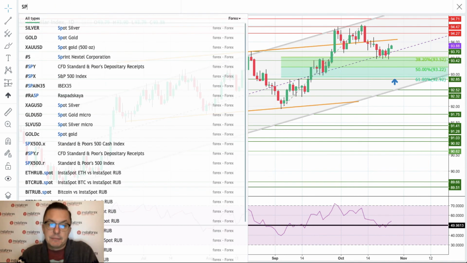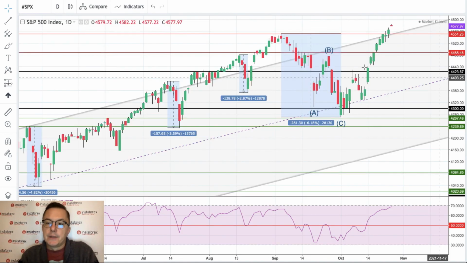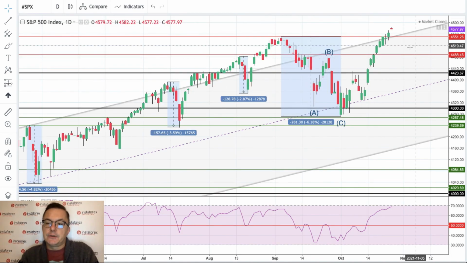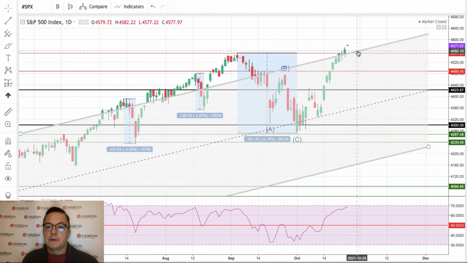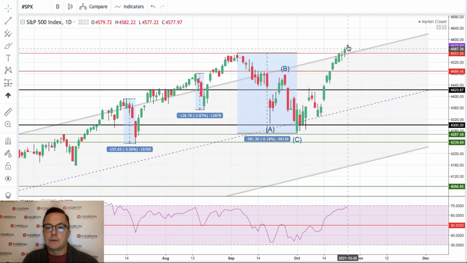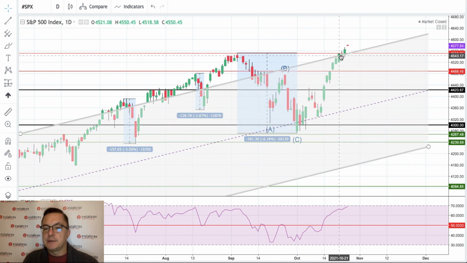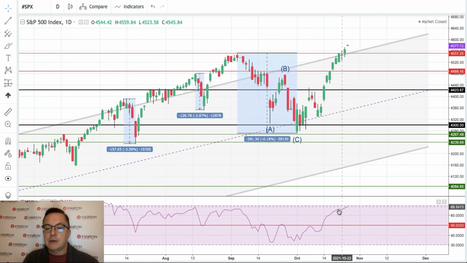If the US dollar index is bouncing, then what is going on with the S&P 500? As you can see here on this chart, today we just opened at a new all-time high, right? So we got the ABC corrective decline of minus 6.18%, and then we have a very strong bounce. Only updates for the last week, straight towards extremely overbought market conditions with new all-time highs at so far 4,582 points.